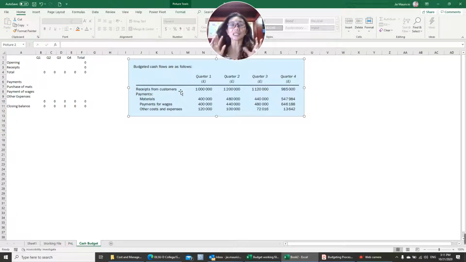So that's how the budget really looks like. There's monthly numbers, and then there's monthly assumption on collections, there's assumption on payments and things like that. So in here, it is already given how much is the receipts, how much is the payment, which is quite easy. In the real world, you have to assume how much you will receive from the customer. So for example, is your customer base all on terms, or are there customers on cash, or